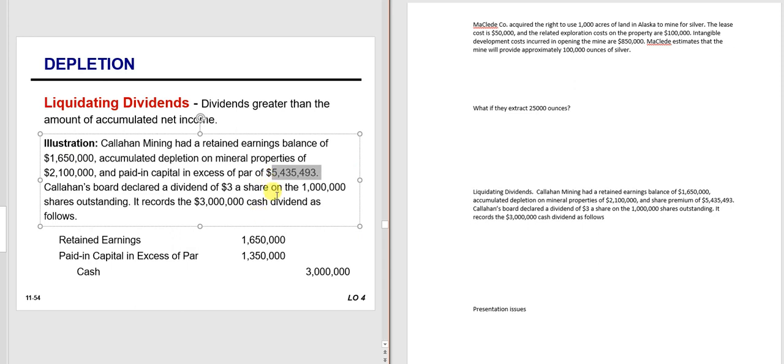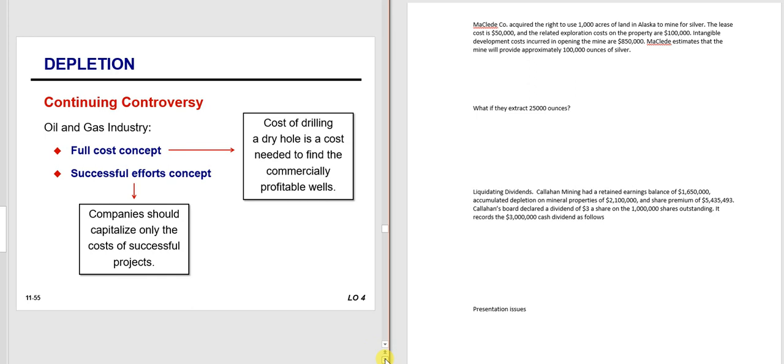This book doesn't go into what happens if you don't have enough paid-in capital. There are also some legal issues with doing that. But first it comes out of retained earnings, wipes to 0, and then paid-in capital. As far as presentation issues, you can just read that. That's honestly,